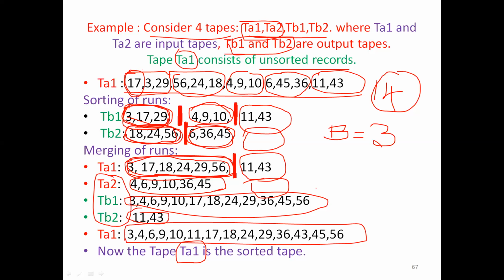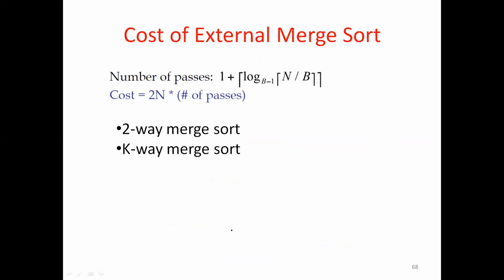Here we are using the merge sorting algorithm. So what is the cost incurred for this? How many passes does it require? It takes ceiling of 1 plus log n divided by b. This is the ceiling operator. Here n represents the number of given records, in our case 14. And what is the size you have taken for the run? 3, the number of pages or blocks in a run.